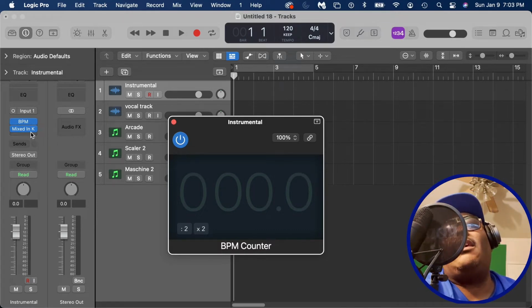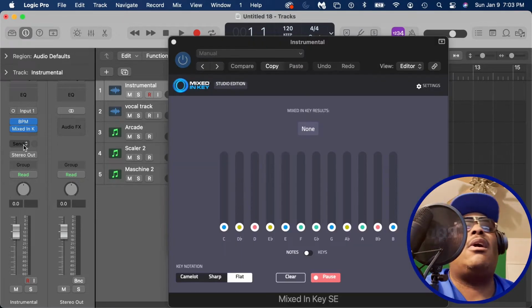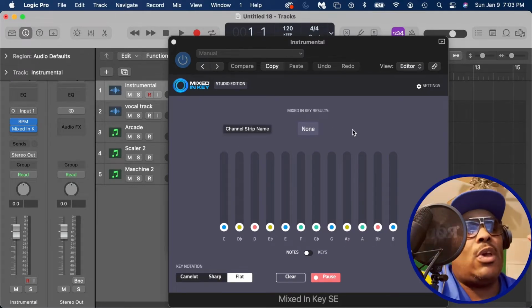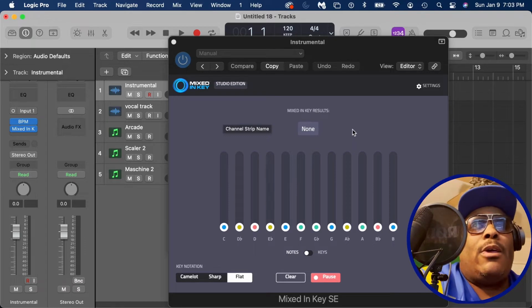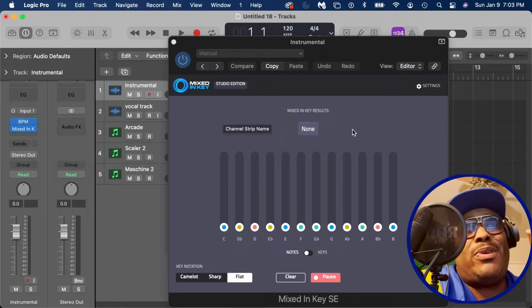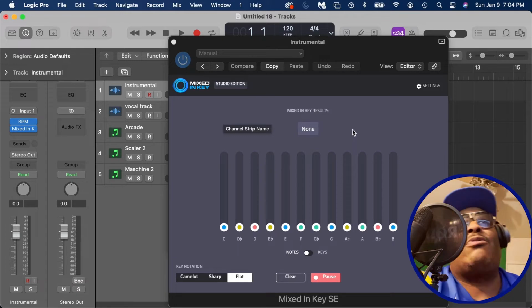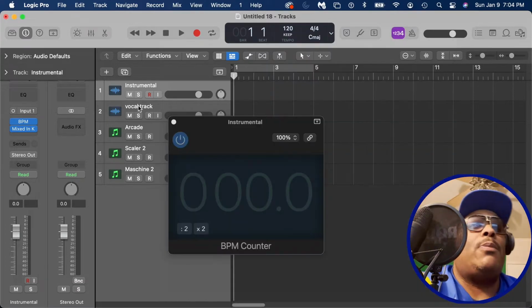All right, and then there is the Mixed In Key. This is like a lifesaver for those of you guys who use auto tune. Like, this is big for me. You definitely need this in your arsenal when you're using auto tune, because it'll give you the key of the song, and it's really easy to use. So for example,